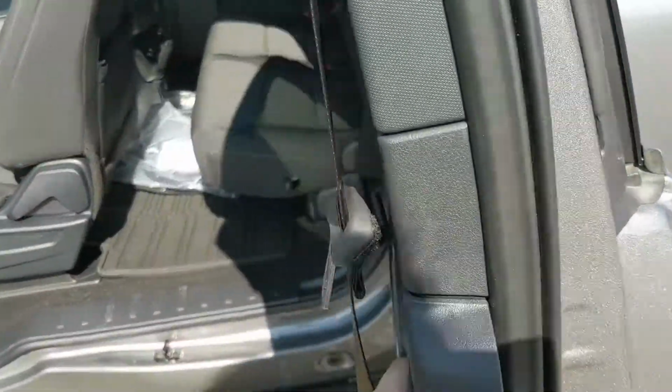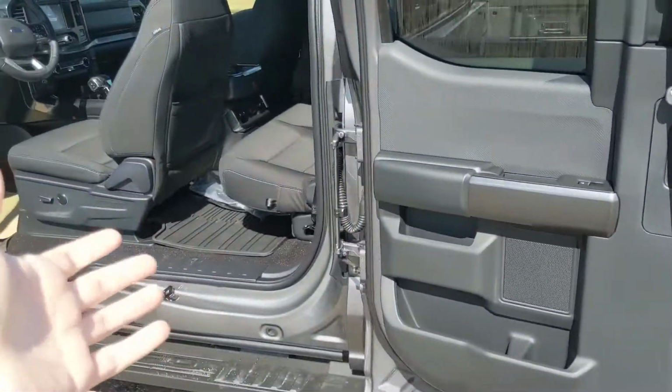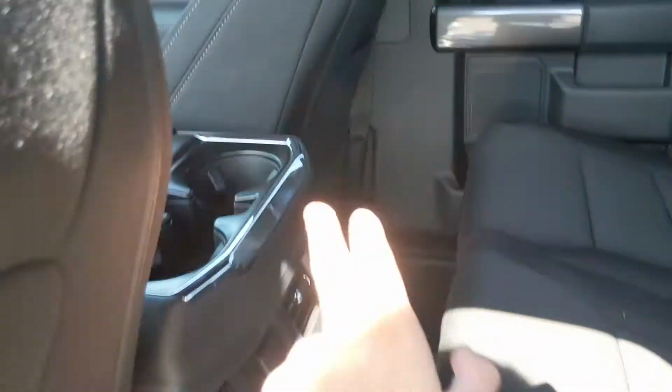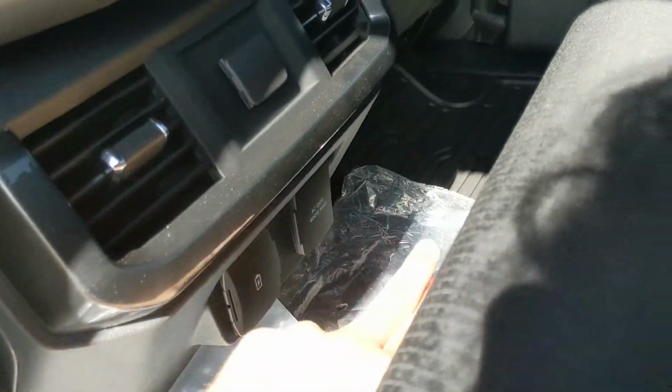And first, looking at the back, we have your rear doors that fold all the way back to be in line with the bed of the truck, giving you easy access to the back seat, which can be folded up and out of the way to accommodate any other cargo. And then in the middle, you have two cup holders, 12-volt power outlet, USB and USB-C, as well as a